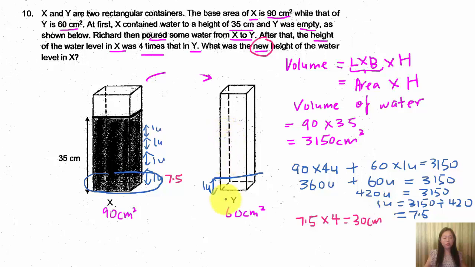If the question asks us what is the height of the water in Y, it will be 1U, which is 7.5 cm. Let's review what we have learned for this question. First, we learned about volume transfer from one tank to the other. Next, we also learned about volume with common area,